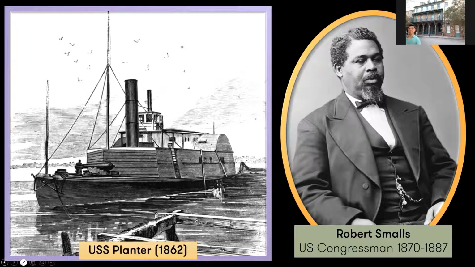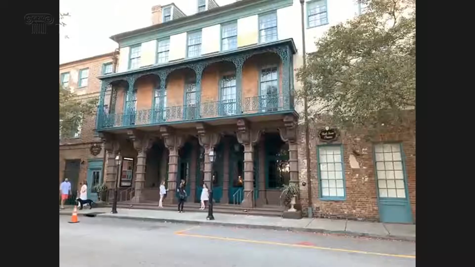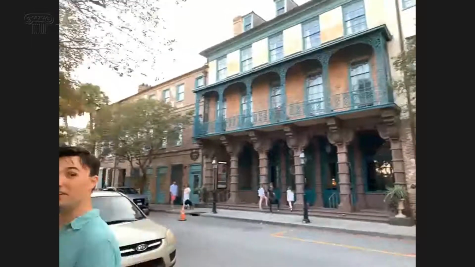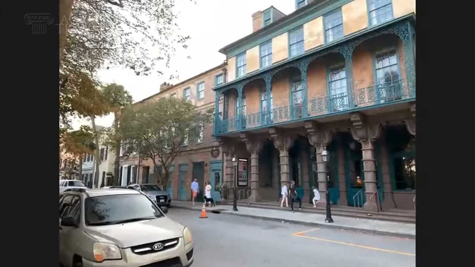This act of daring right in the middle of the war actually helped convince Abraham Lincoln that African Americans could serve in the US Navy, and so Robert Smalls was given a small commission in the US Navy after that. And then after the war, he became the South's first African American congressman from 1870 onwards. So, interesting stories associated with the old Planters Hotel and now the Dock Street Theatre again.